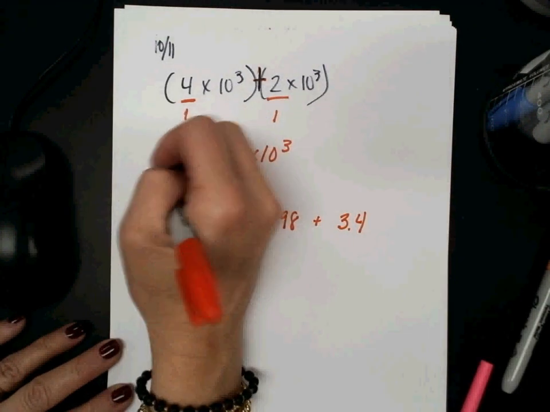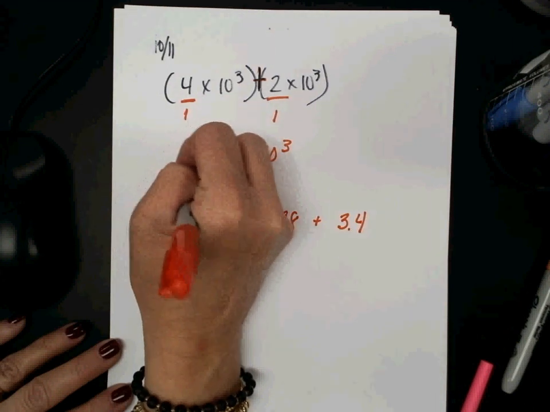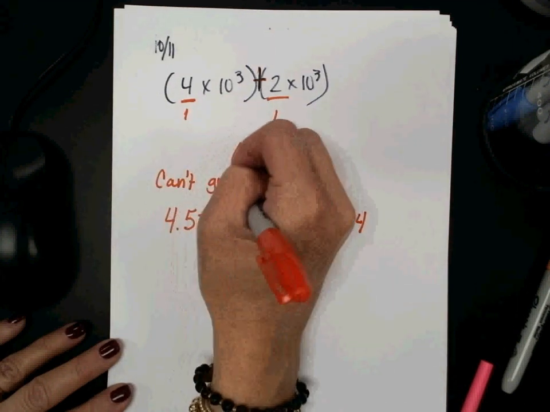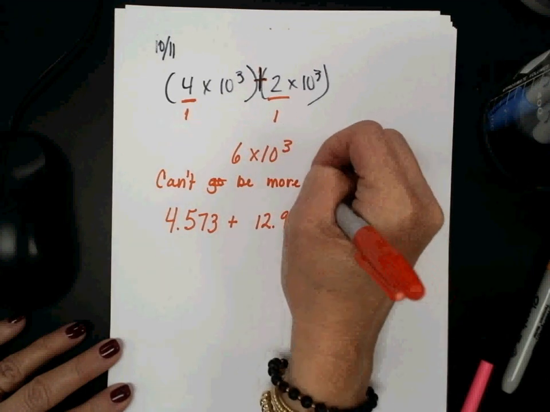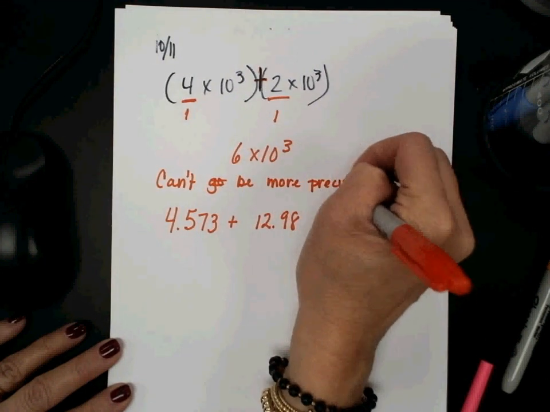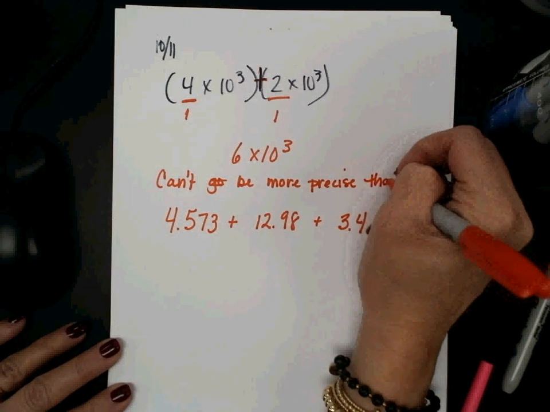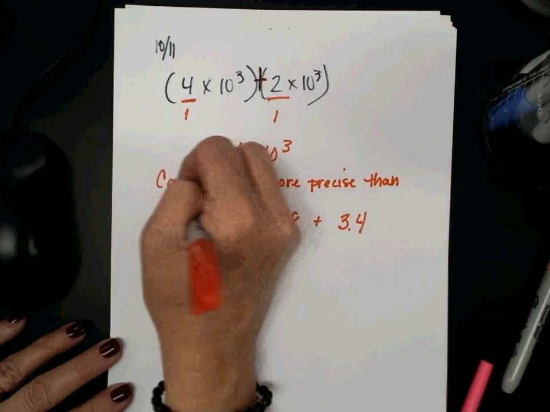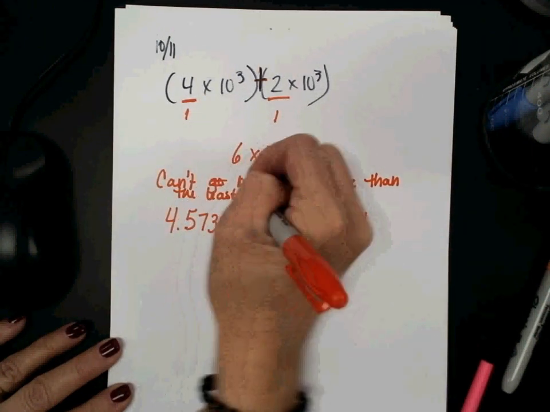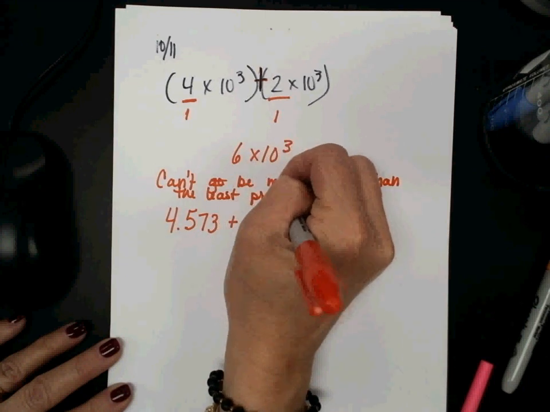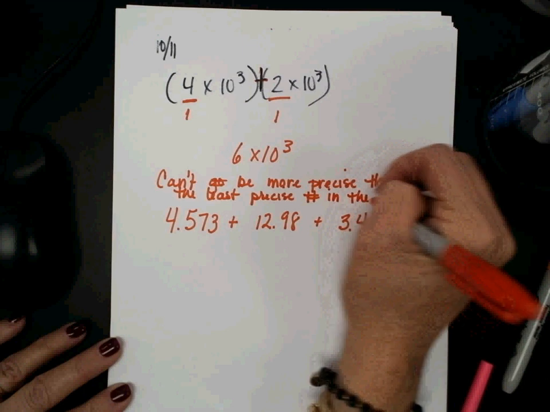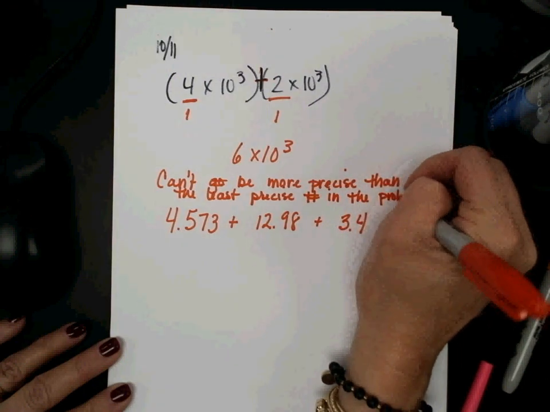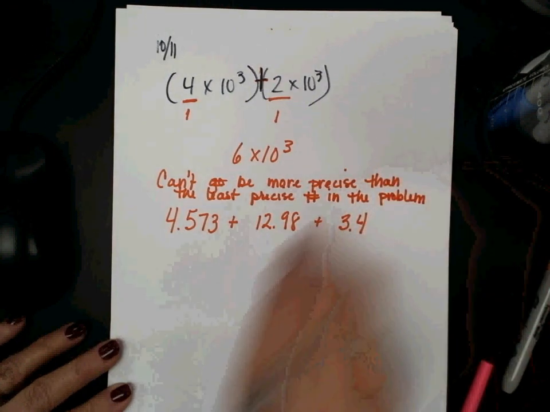Let's remember, the answer can't be more precise than the least precise number in the problem. So when you have one of these, and you know that it's addition or subtraction,